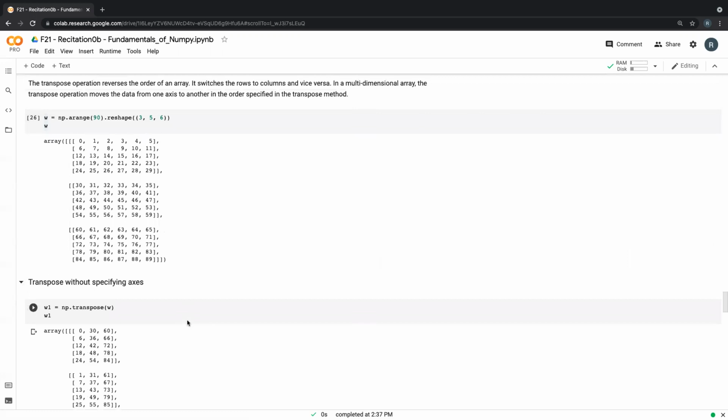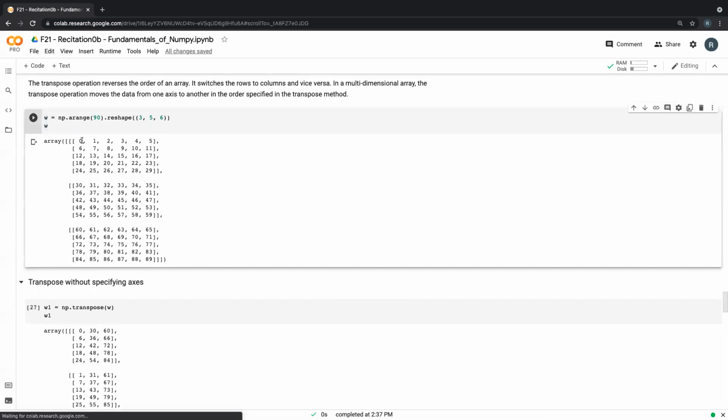What happens is, if we look closely, like I said, it takes the rows and puts them into columns. Because it's a 3-dimensional array, it's a bit tricky. If you don't understand this, you probably want to start testing with a 2-dimensional array. But I'll explain quickly what's going on here. I take the elements in the first row of the first batch, the elements in the first row of the second batch, and the elements in the first row of the third batch. I create a new row with that,